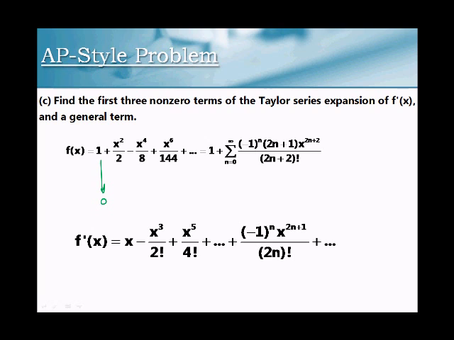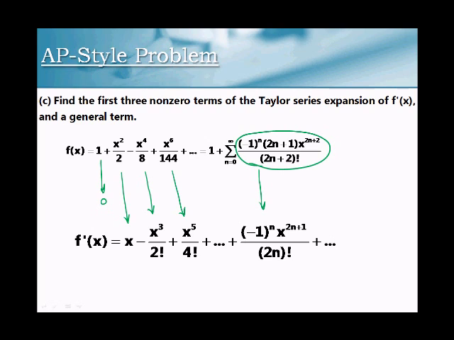The derivative of x squared over 2 is going to go to x. The derivative of x to the 4th over 8 actually goes to x cubed over 2, or you can think about it as x cubed over 2 factorial. Likewise, the derivative of x to the 6th over 144, you could think about it as x to the 5th over 24, or a better way to look at it is x to the 5th over 4 factorial, because when you look at your general term, when we talk about differentiating our general term,